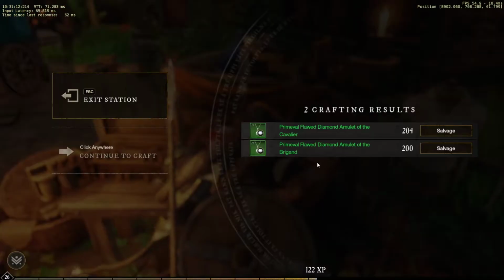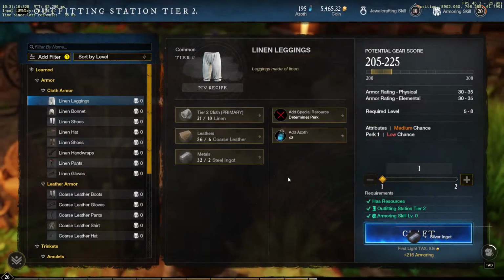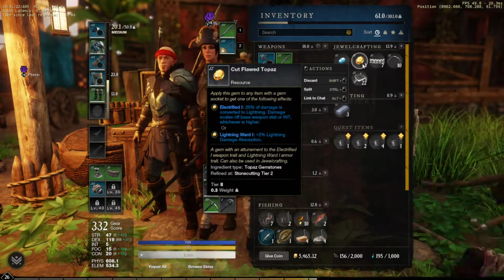But now you salvage everything. It will give you the base stone back as well as some silver. Now if you look at inventory, we did get our stones back right there. And we actually got...